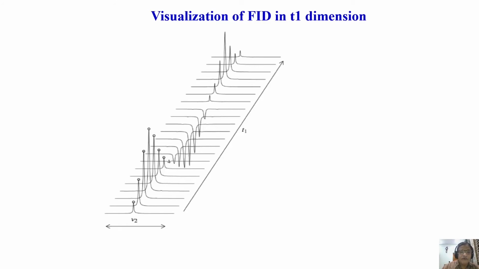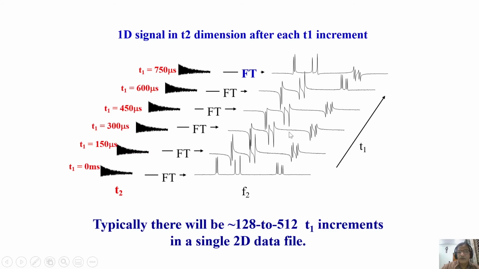So far, remember, in this case I was showing only the T2 domain FID, which changes phase as we keep on incrementing T1. Every time we collect this signal, let us say I collected this signal, you get this FID, this spectrum. I collected this FID after 150 microseconds. This is the spectrum. No phase correction is done. Simply we collect the FID and do Fourier transformation. This is what we have got.